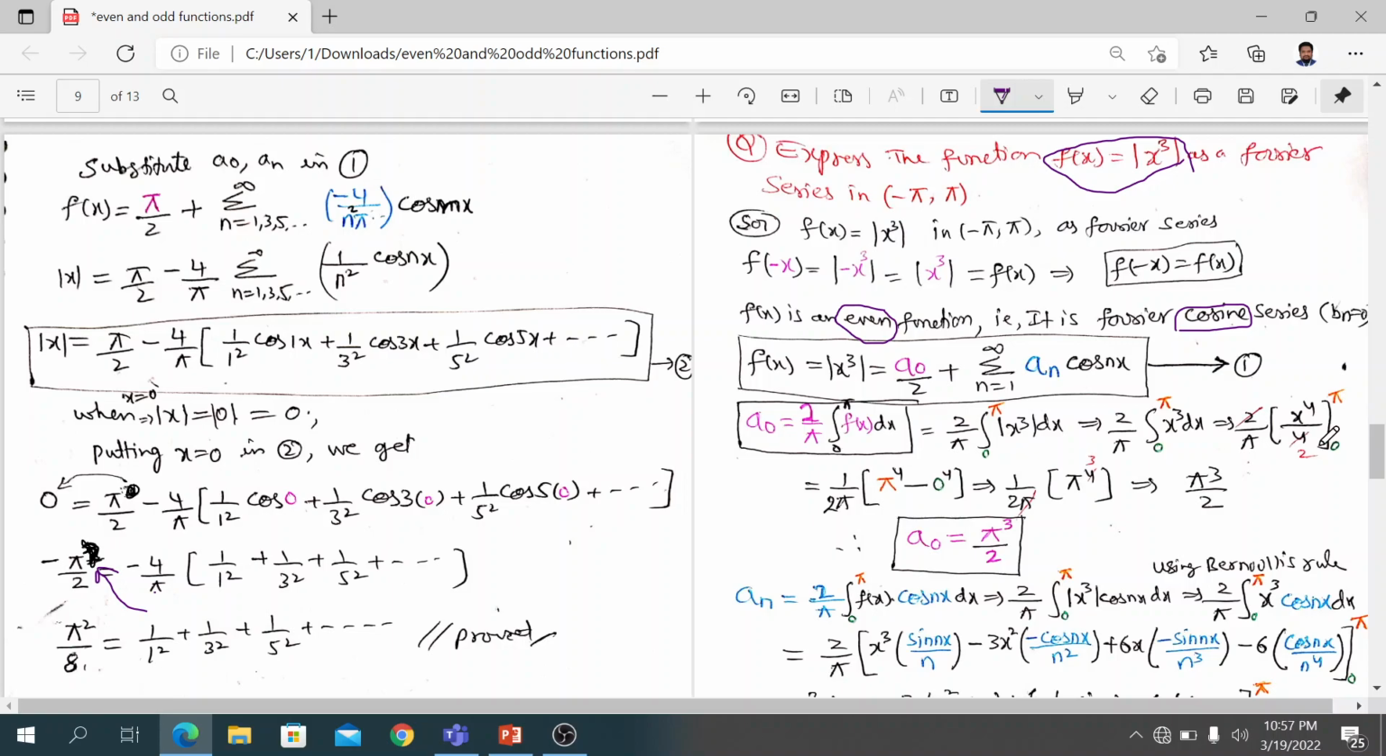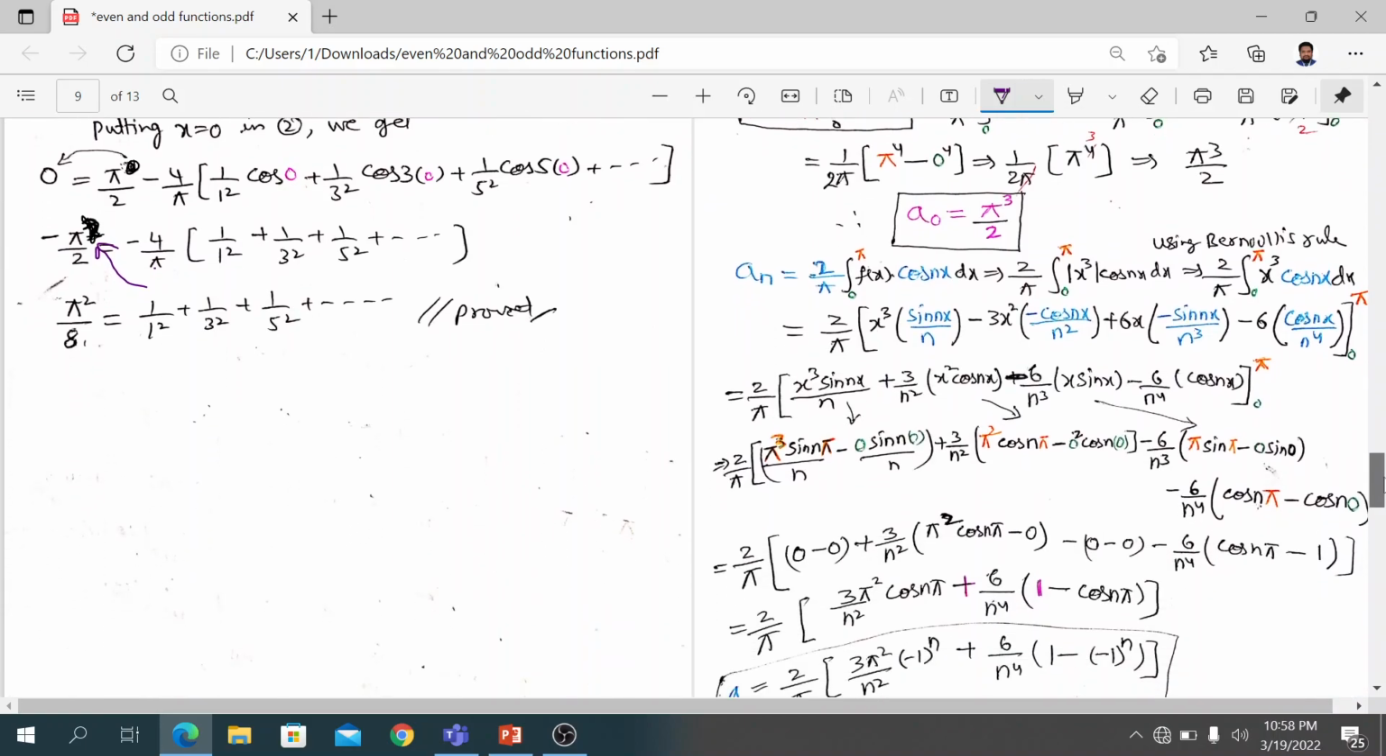These two cancel. See, 2 ones are 2, 2 twos are 4. So 1 by 2 pi. Now upper limit pi power of 4 minus 0 power of 4. Pi power of 4, so one value cancels and one value cancels. Pi cube by 2. So a naught value is pi cube by 2. Now let us see